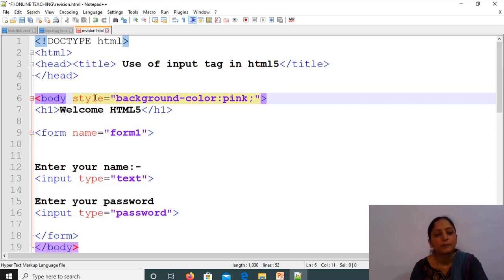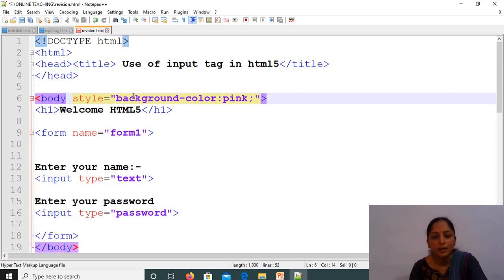You can use the style attribute for any HTML tag. We'll see in the CSS topic what the syntax of the style attribute is. CSS means cascading style sheet. We'll see it in the next topic, CSS.